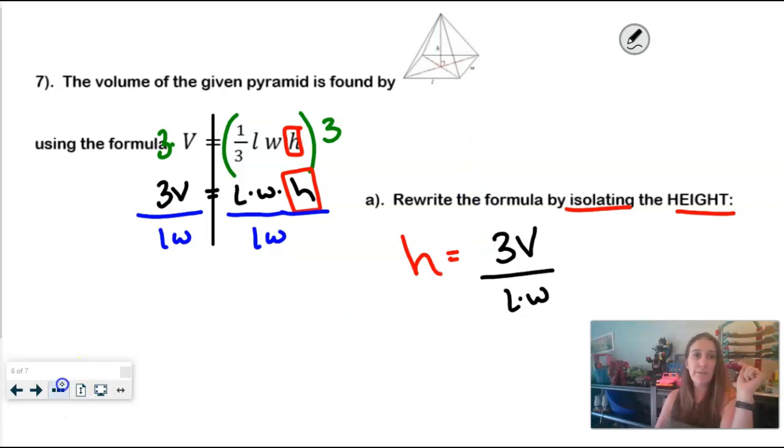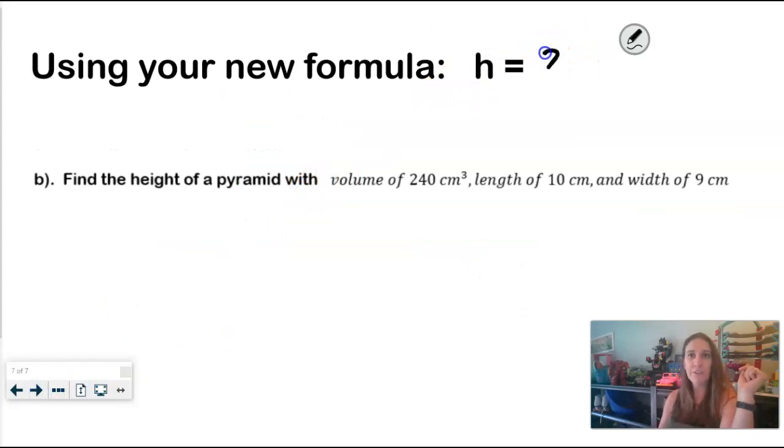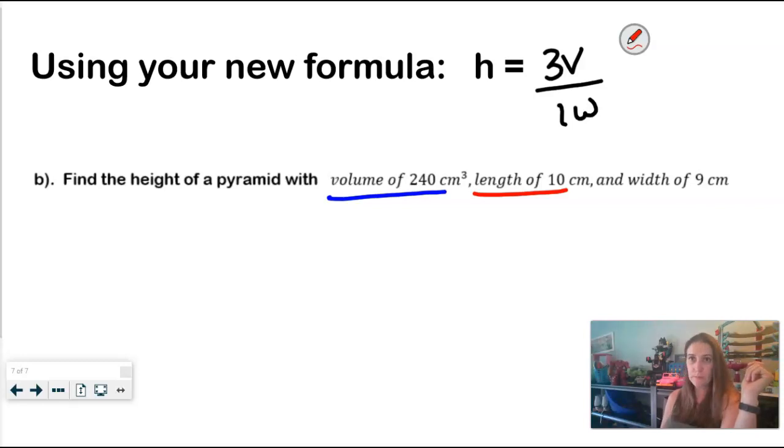All right, so now we're going to use that formula, which I need to write over here. It was 3V over L times W. And we're going to figure out the height with these various clues, right? So a volume of 240, a length of 10, and, whoops, where's my pen? Like it disappeared on me. Time out. Okay, like I was saying, a width of 9. My pen gets a little temperamental on my tablet. All right, here we go. So H equals,